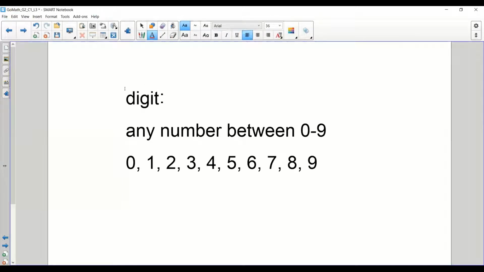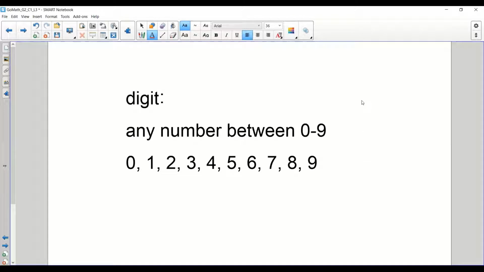So this is the word digit. And a digit is any number between 0 and 9. So the numbers or numerals 0, 1, 2, 3, 4, 5, 6, 7, 8, and 9 are all digits. And every number that we know from 0 all the way to infinity and beyond has these numerals in the number. So we will be talking today about digits, and we'll also be talking about place value,